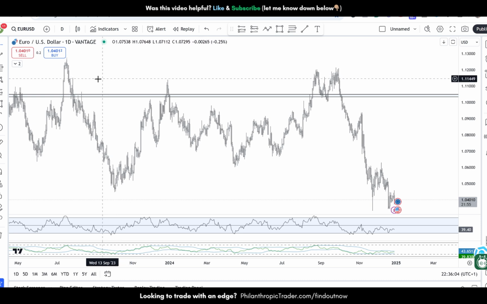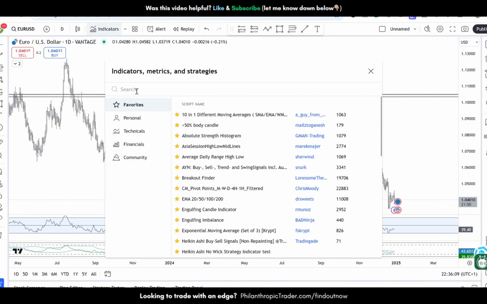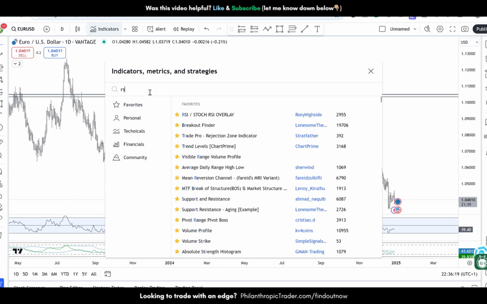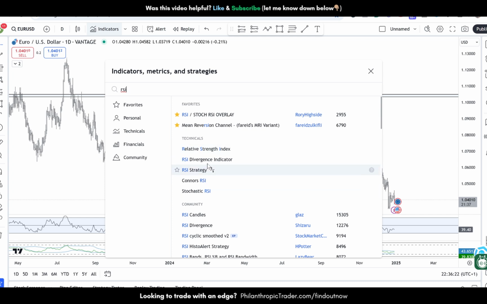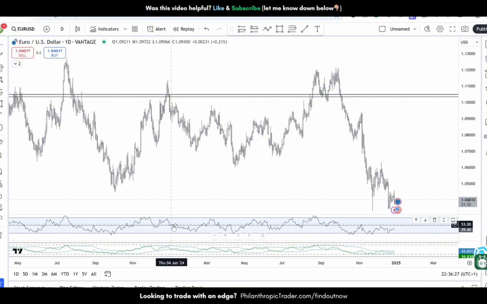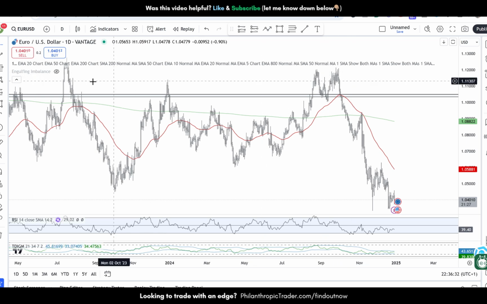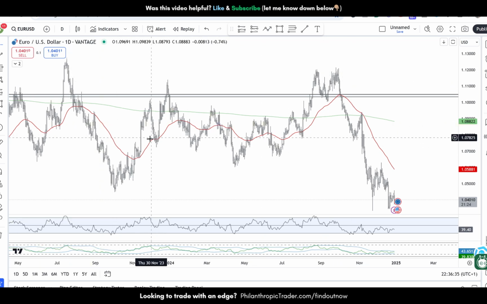But over here you see indicators, and then you can play around with many kinds of indicators. Over here we have the moving average convergence divergence, aka the MACD. The RSI is also really popular. Over here the relative strength index, you see it over here. There's the RSI, and I personally also use the moving averages. So over here now we're looking at the 50 exponential moving average, and this is the 800 exponential